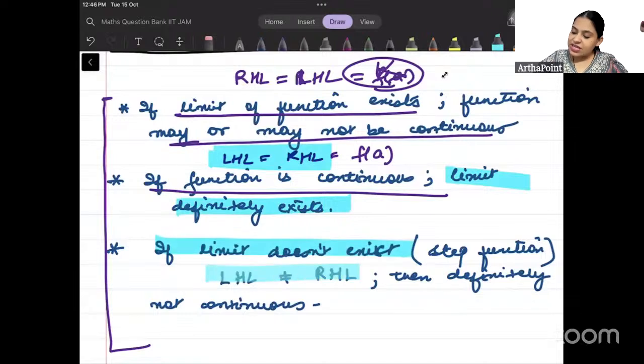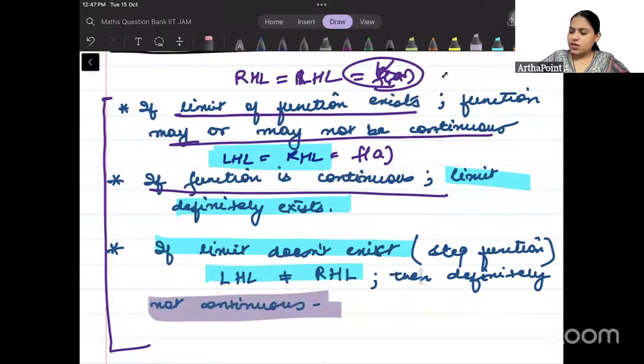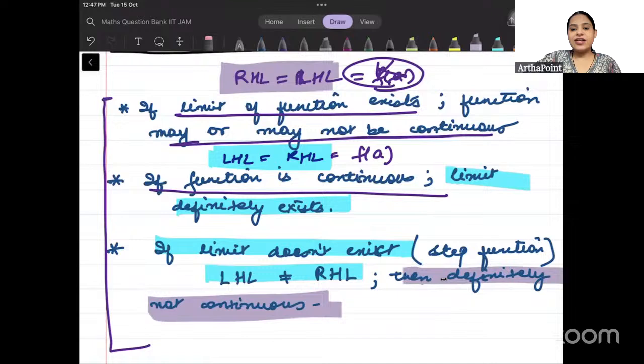It means that the limits are equal, so there is existence of limit. But if the limit itself is not existing, if left hand limit and right hand limit are not equal to each other, then definitely we are sure कि function continuous तो नहीं ही हो सकता. The function cannot be continuous, because for continuity, existence of limit is a necessity. That's the minimum thing. It's not sufficient. अगर exist करेगा तो जरूरी नहीं है continuous होगा, but that's the minimum thing which we require, that there should be existence of limit for continuity, right? The left hand limit and the right hand limit must be equal to each other. That is something which we require for sure, right?